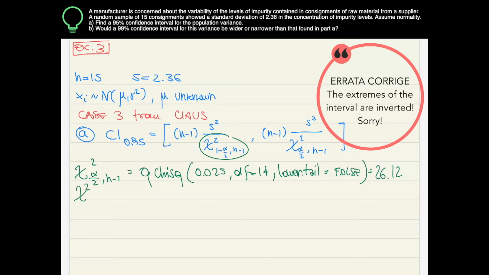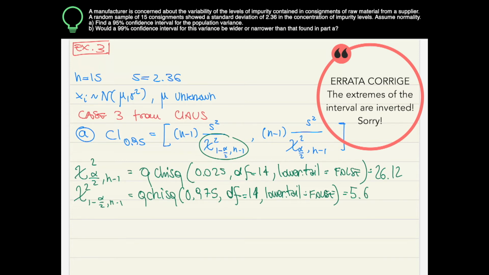To find the other extreme of the interval, you need to retrieve this quantity, but everything is very similar. So this is q chi square, 0.975 this time, degrees of freedom 14, and lower tail equal false. And this will be a much lower value, in particular 5.63. Great. So if we combine this information with the s square and n minus 1, you have a confidence,